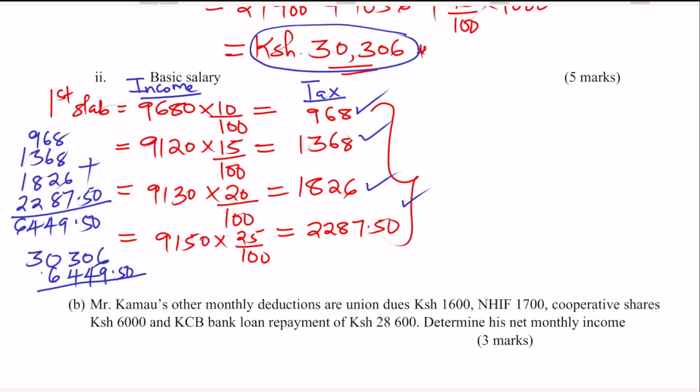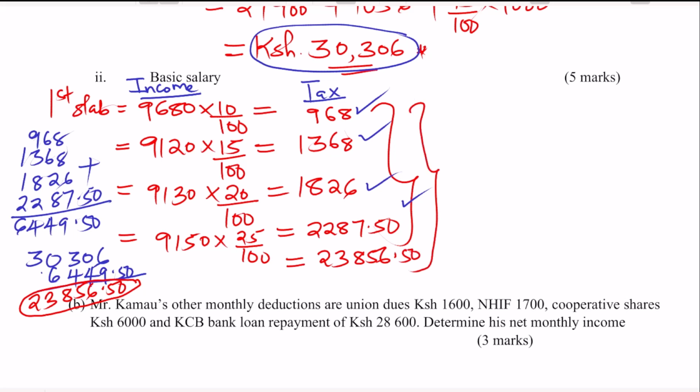So the amount when we subtract these, we get 23,856 and 50 cents. So that is the figure that we are remaining with. That is the tax that we are yet to obtain. So that one we are going to indicate it here. So here we have 23,856 and 50 cents. So now when you add everything here, 968 plus 1368 plus 1826 plus 2287 and 50 cents plus 23,856 and 50 cents, we get a figure of